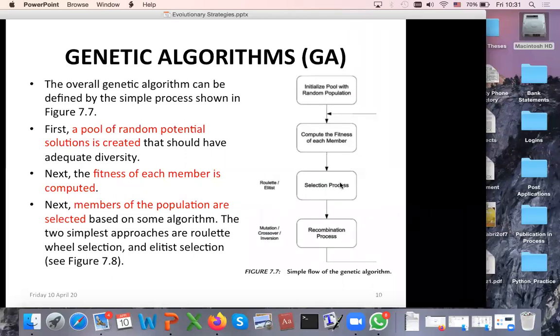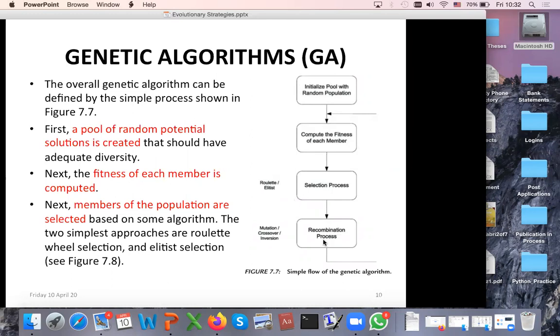So what I am saying is that in this selection process, you can select the members from your previous step by simply using your fitness values, or you can use some smart selection methods available. Only two are mentioned here, but there can be many more. So it's up to you, it's up to your mathematical knowledge. And then the last, fourth step is the recombination process.